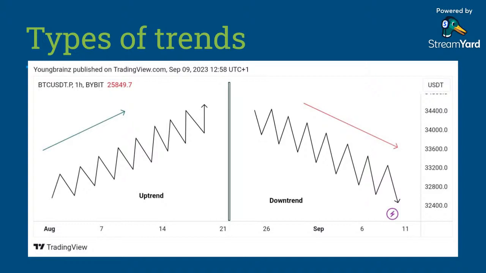So this is basically how a trend happens. Like I said, we only have two types of trend: uptrend or downtrend. And like I told you, the market does not just go up in a straight line. Just like the illustration I was giving you guys with the car. If you want to move a car from Jos to Lagos, you cannot just go in a straight line. At some point, you need to press the brake. When the car slows, it reduces all of this, but it is progressing upward.